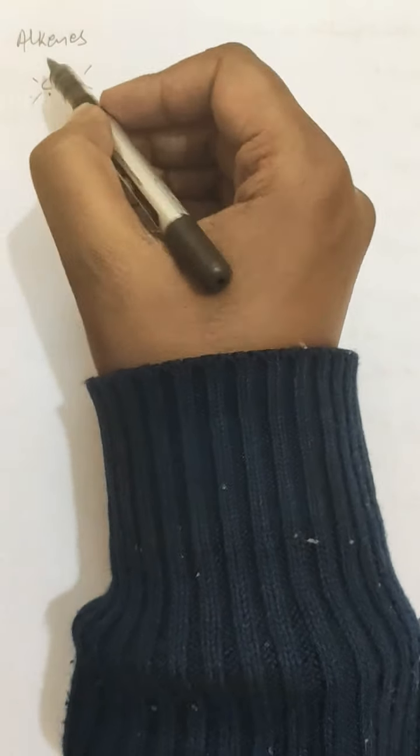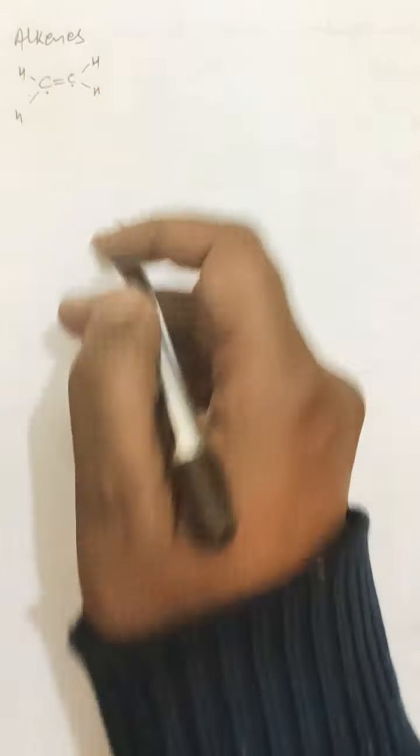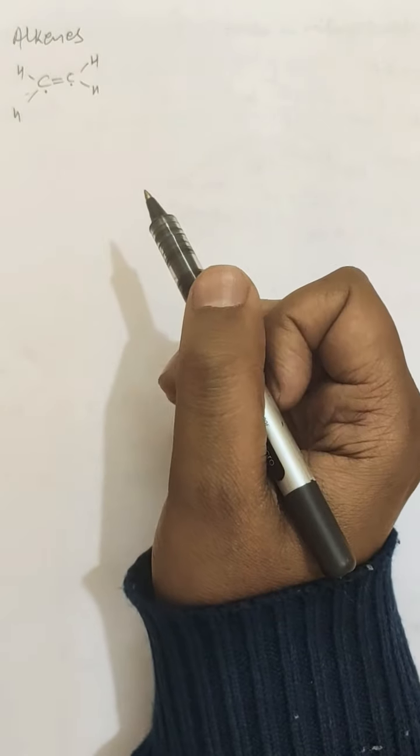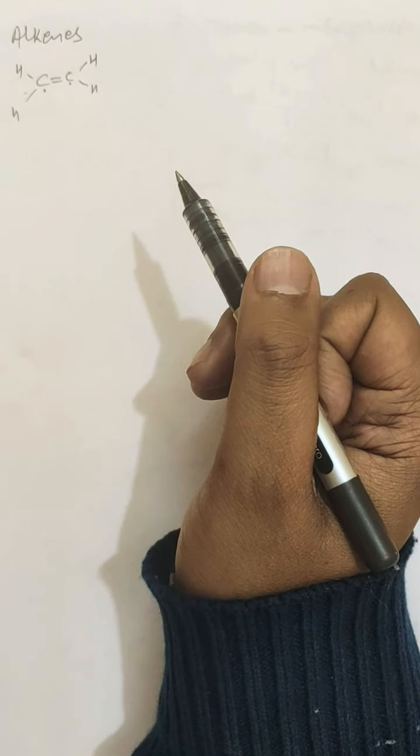So this is the basic alkene, which is C2H4. This is called ethene. So you can write propene, butene, hexene, heptene or other alkenes. There may be 2 or more double bonds in a single hydrocarbon or alkene. So the first reaction of alkenes is the dehydrohalogenation of alkyl halides.